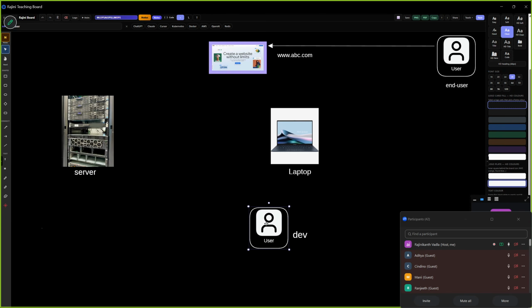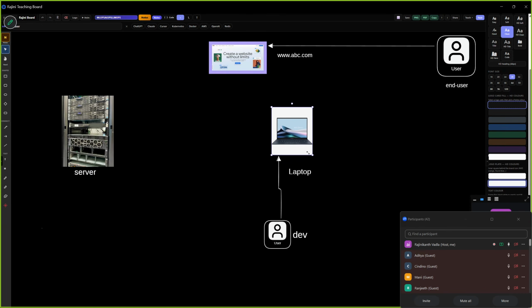So he is a developer, sir. What will this developer do? This developer will write the code where, sir? He'll write the code on his local laptop. Right? On his laptop. He will run this code on the local laptop. Where can he check?